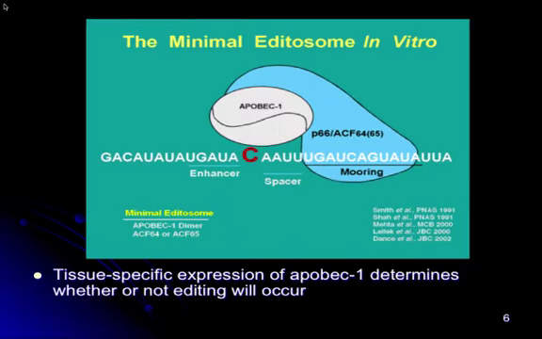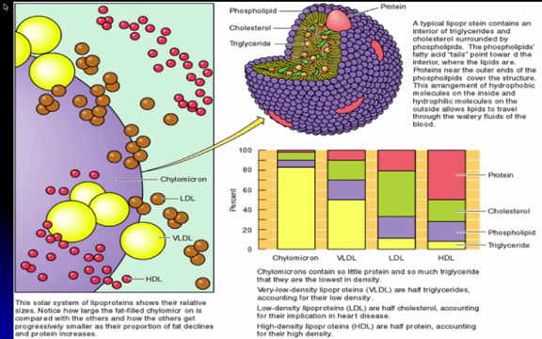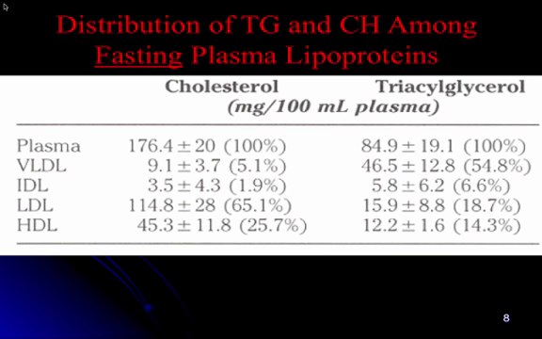I think we're good there. Basic overview, remember this one? Chylomicrons and VLDL are the triglyceride-rich ones. LDL and HDL are the cholesterol-rich. Now,